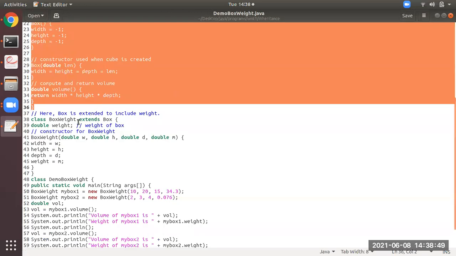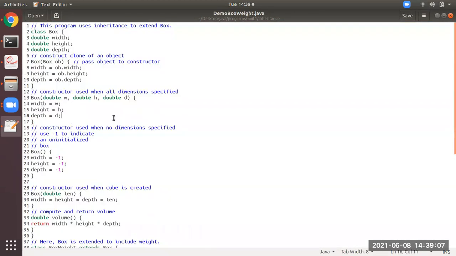Just write BoxWeight extends Box, so by default BoxWeight will have everything inside it. I hope you all have understood this.